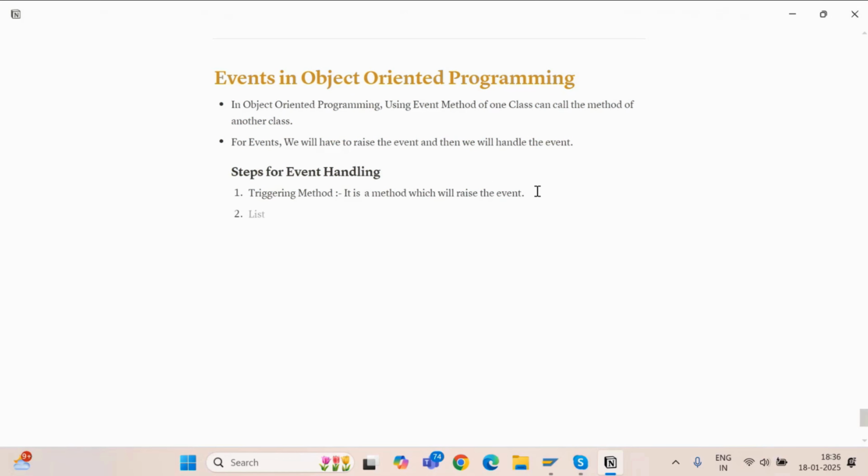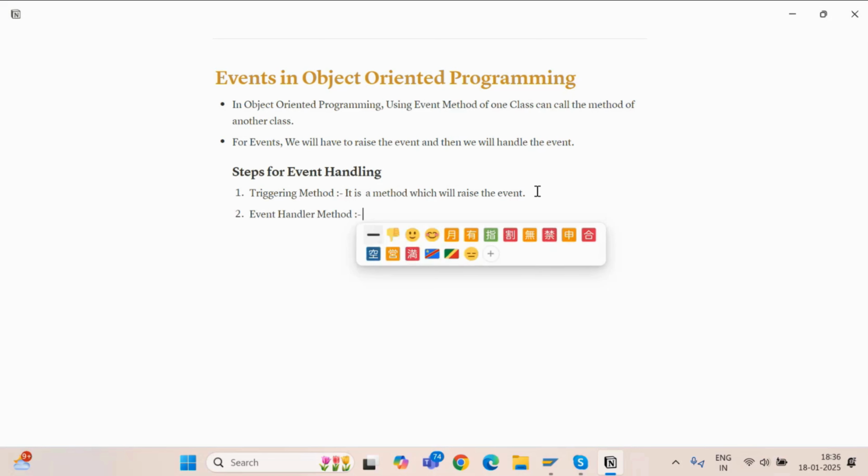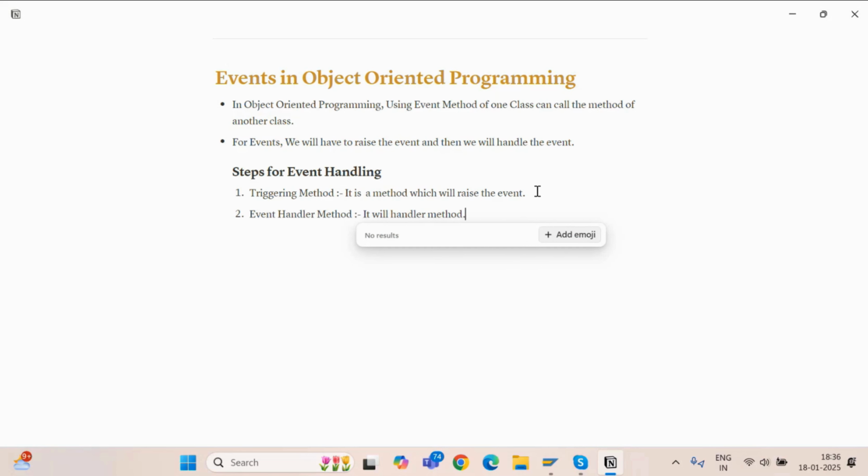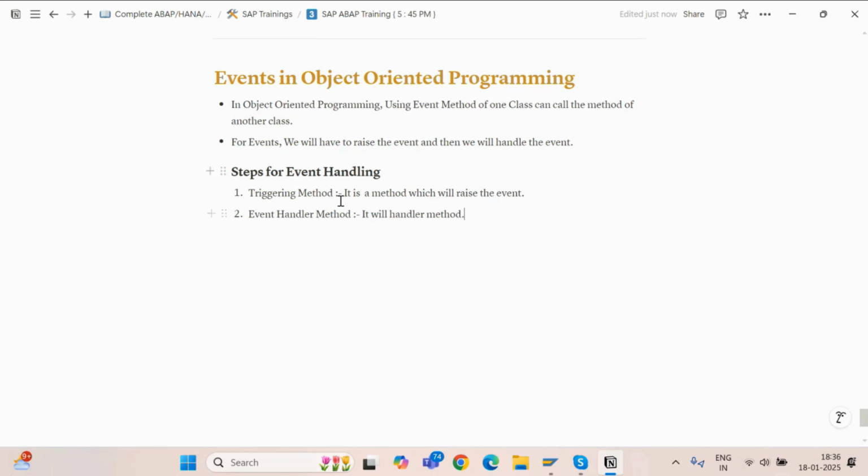Then we will have an event handler method, so it will handle the event. Now both these methods belong to 2 different classes, right? So we will have to simply register this event handler method to the object of the triggering method class. So we will have another one, register the event handler method